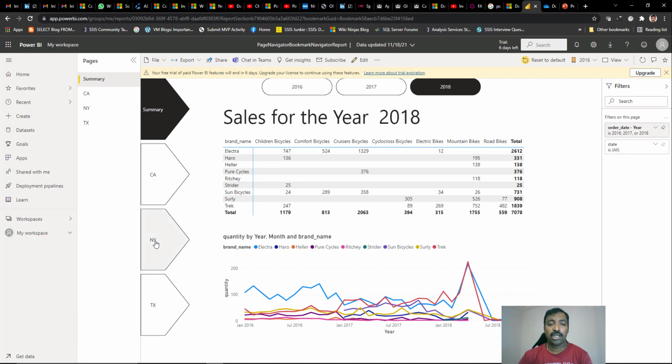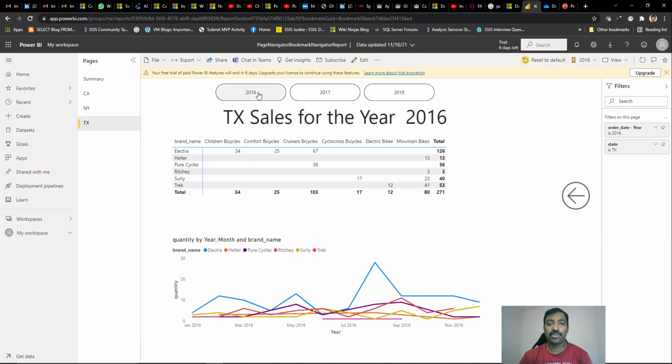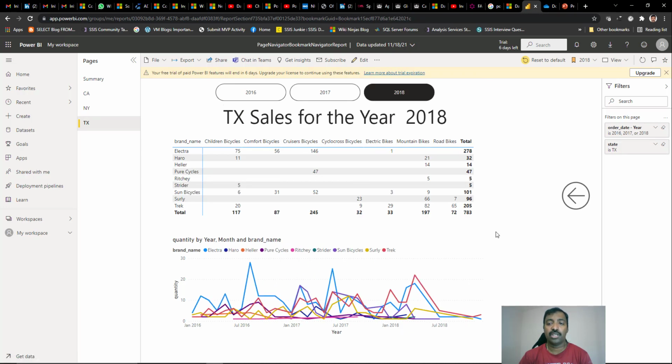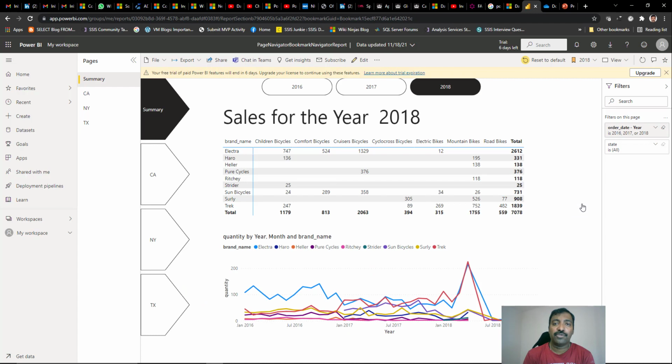Again, click on another state, say Texas. It will show you the Texas sales for 2016. You can change it to 2018 if you want. Again, come back. So it's very smooth. If you see the navigation between the pages as well as between the different bookmarks or the tabs within the page, it is very easy. And the time taken for creating this report is very short compared to the earlier method,